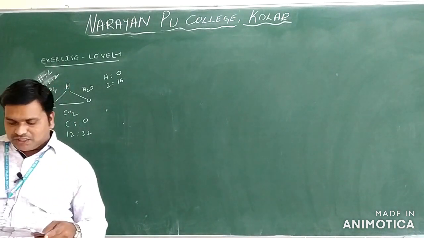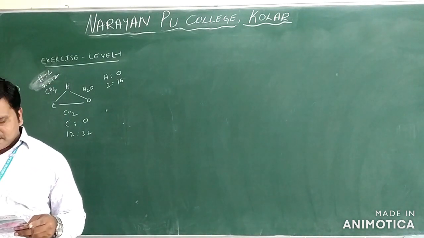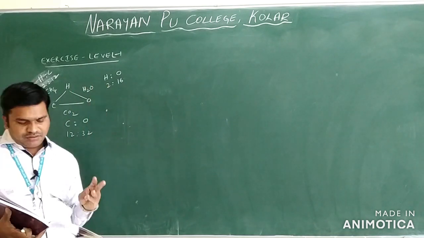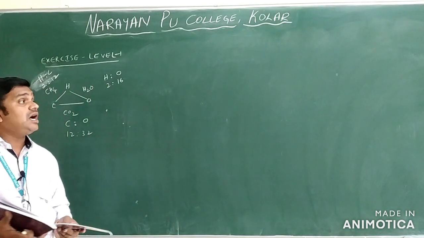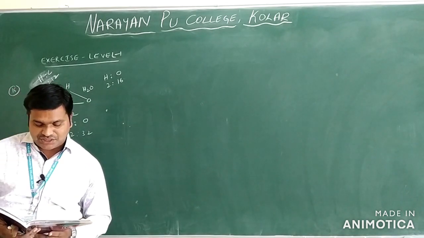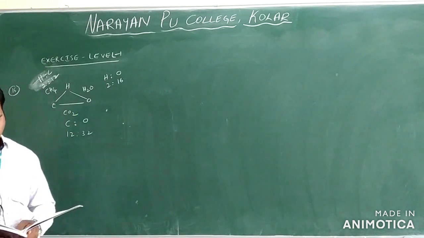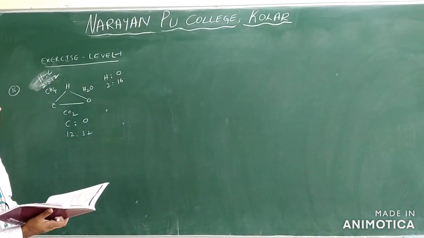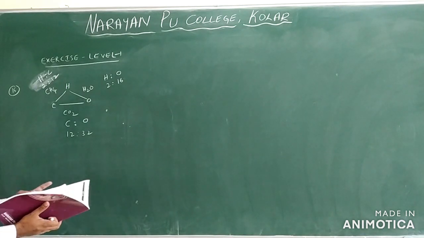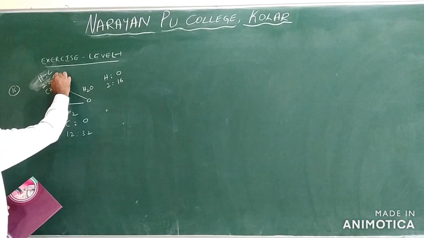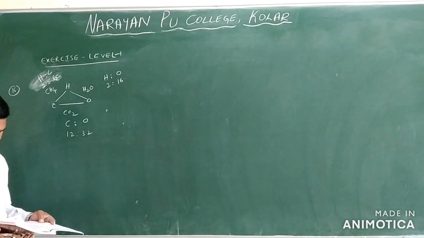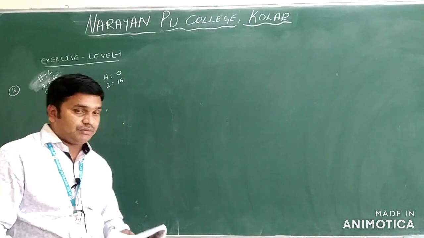So in the question, what are they asking here? What is the law it illustrates? We already discussed in question number 14 what law it is. It is the law of reciprocal proportion only. So we will take the option directly, that is option 3 for this question only. 2 grams of hydrogen, 16 grams of oxygen to form water, with 6 grams of carbon to form methane only. They gave 6 grams here. And carbon dioxide only. What is the ratio? Reciprocal proportion we have.